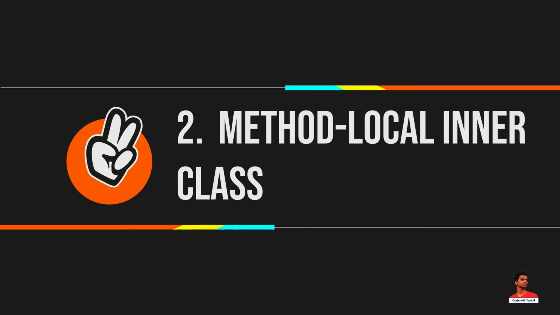In Java, we can write a class within a method, and this will be a local type. Like local variables, the scope of the inner class is restricted within the method. A method local inner class can be instantiated only within the method where the inner class is defined. For example,